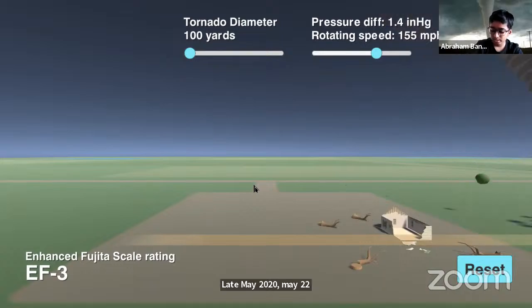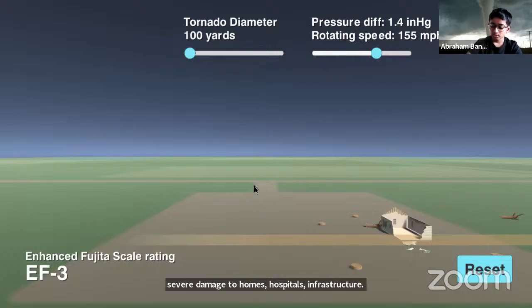The wind speed was 136 to 165. Damage $2.8 billion. Injuries 10,000. Fatalities 158. Description: a catastrophic tornado struck the city, causing severe damage to homes, hospitals, and infrastructure. It initially started as an EF3 tornado, but then it intensified to EF5.